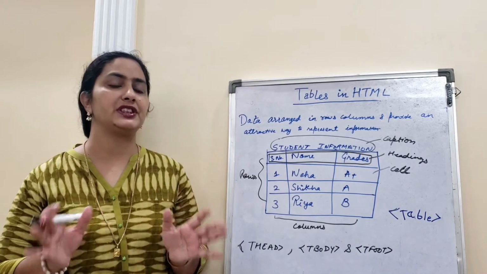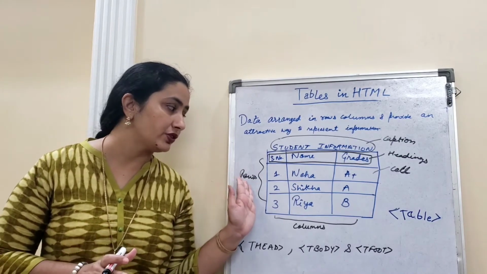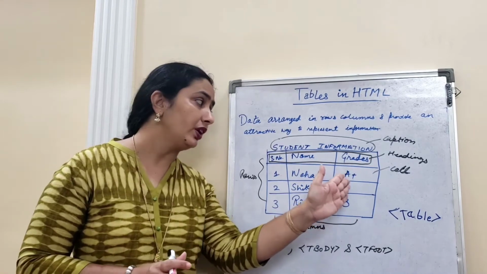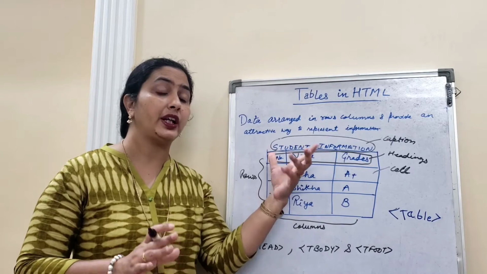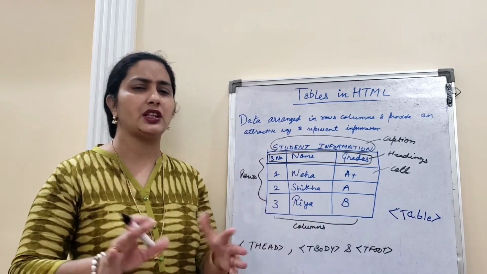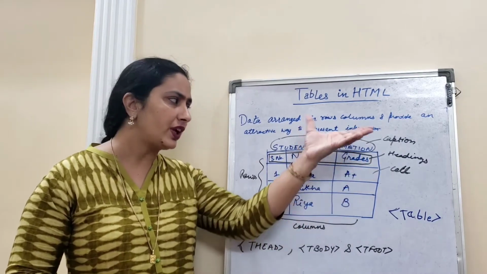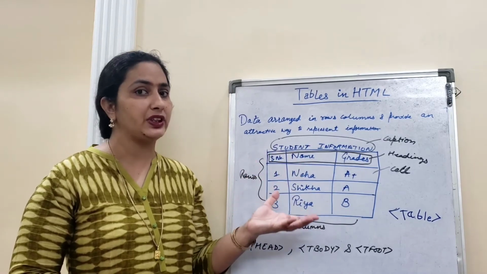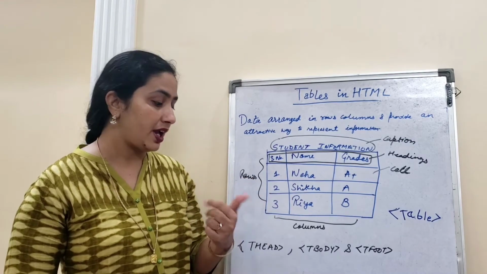Now, the simple things you will see in a table, the basic things which we have, you all know that we have rows, we have columns, we have cells, alright. Then one heading we need to give on the top. Always we write what we are creating, what the table consists of. These are the very basic things which we have. Then we have different headings. So for each and everything we have different tags in a table with the help of which we are able to create our tables in HTML.